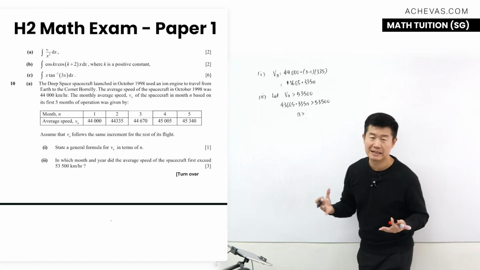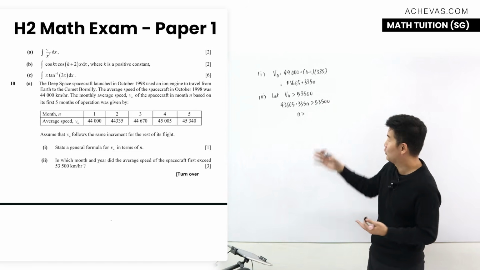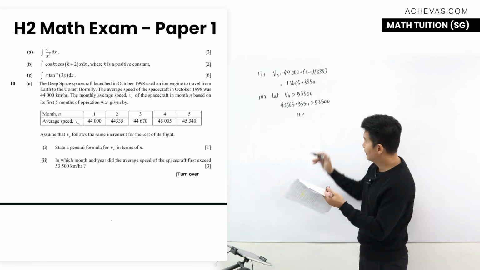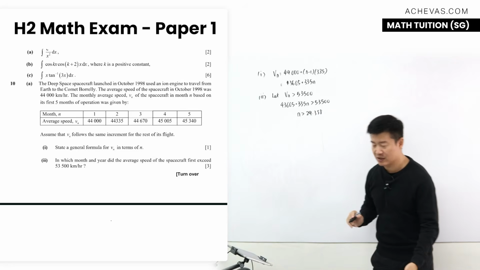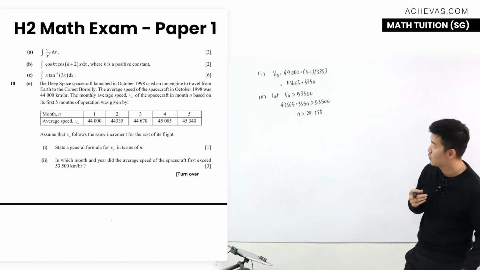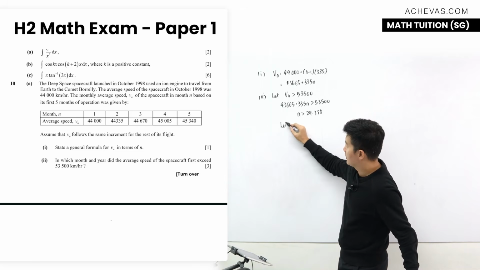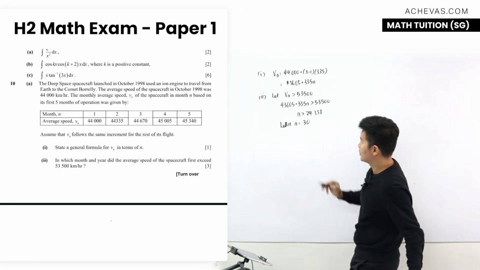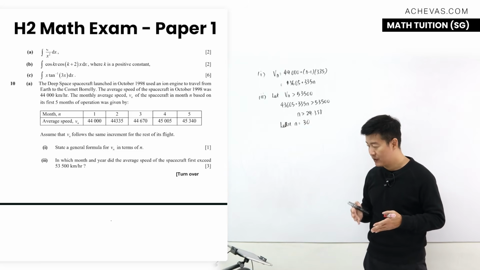And this one is just a linear inequality, so just do your multiplication and division. You don't need to be too much like use table and stuff. So here n is going to be bigger than 29.358. It is just a simple linear inequality. And we know that in order to answer the question, we are going to be looking for the least n. So it is in V30 when the speed is going to first exceed